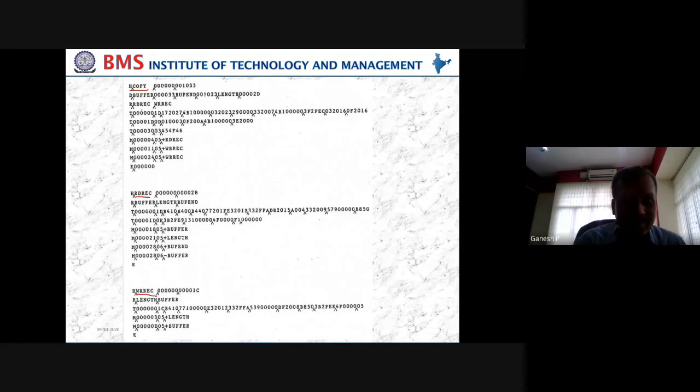What are the contents? Header record, D record, R record, T record, modification record, E record. So what is mandatory here? The H record is mandatory, the T record is mandatory, the E record is mandatory. D, R, M depend on the program. For example, here the D record is missing because there is no external definition here. I need not write it, but I have only references.